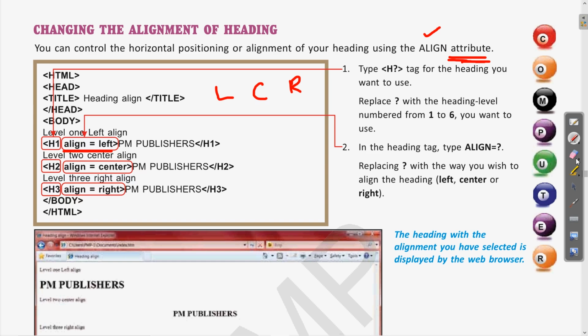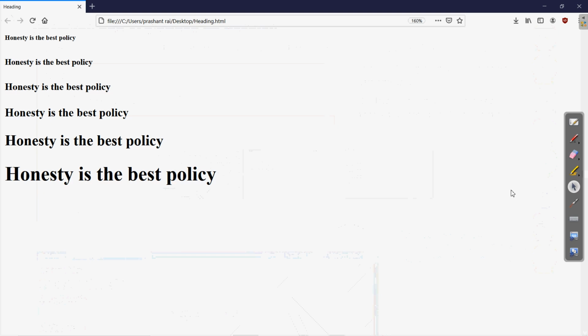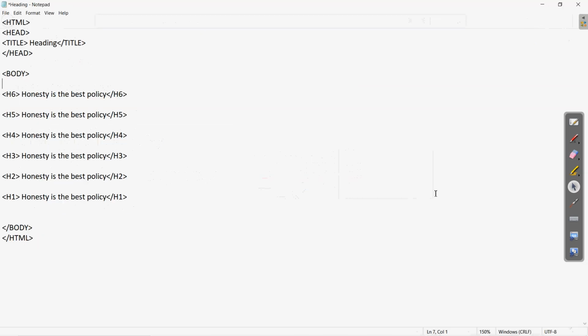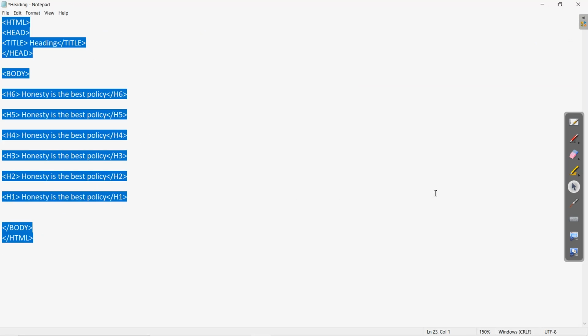So if I come to the HTML code which was written previously, this is the HTML code, let us copy a few of these and we will start the new heading alignment.